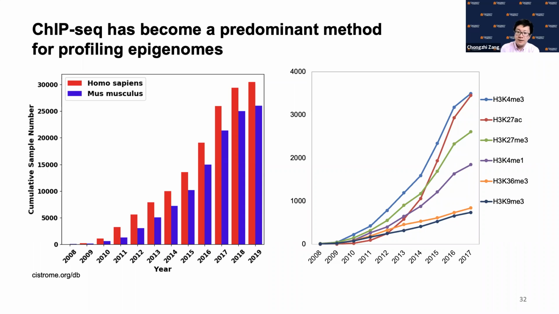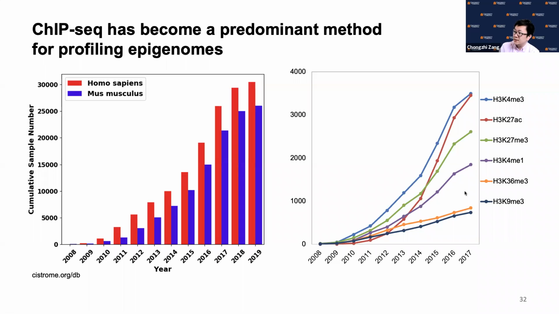Just for human and mouse, we can see tens of thousands of data sets have been deposited into the public domain over the past years, and ChIP-seq has really become a predominant method for profiling epigenomes. Using data from a public database called Cistrome Data Browser, I took a look at the number of published data sets